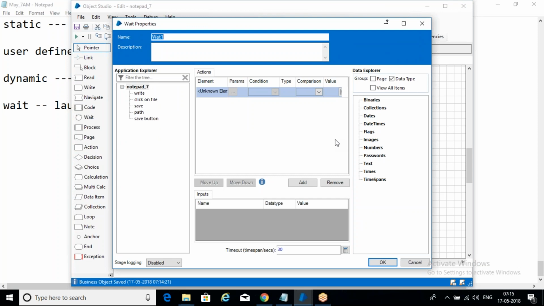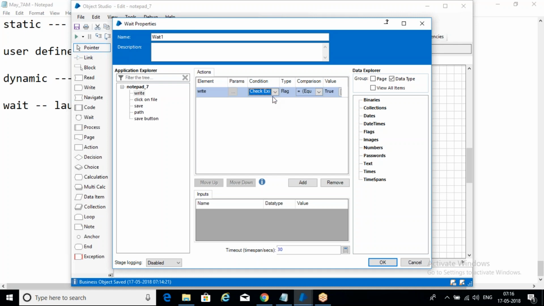It means we can use it here. See this, when the application is opened, then your next element will be available, right? If you observe this here, see this element, we have options. Now just use that next element and then the condition,